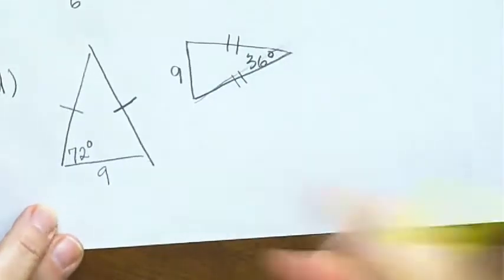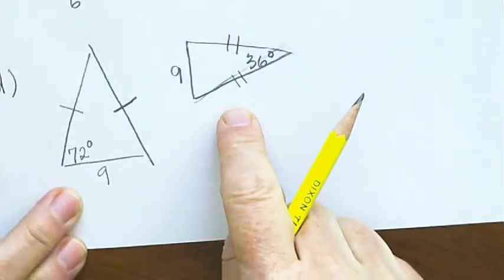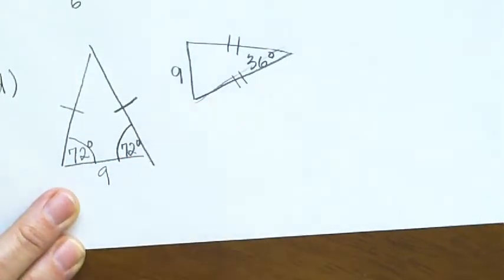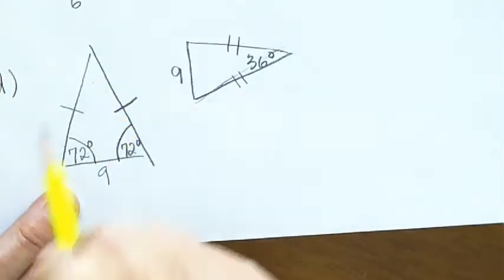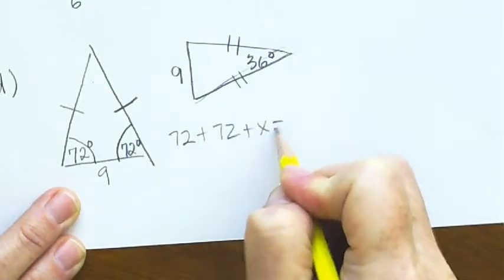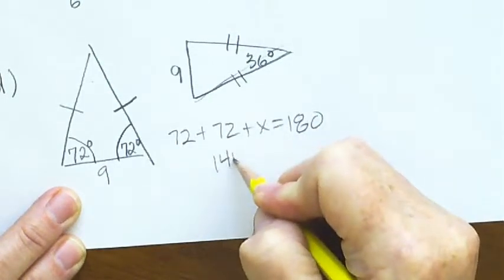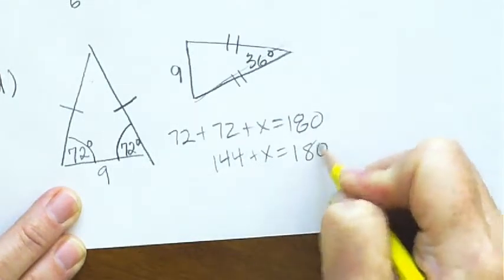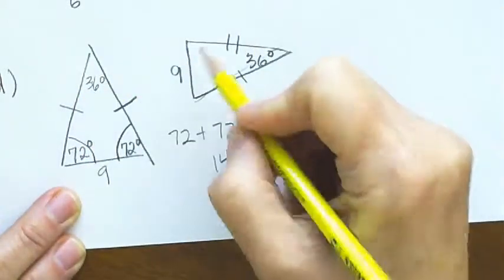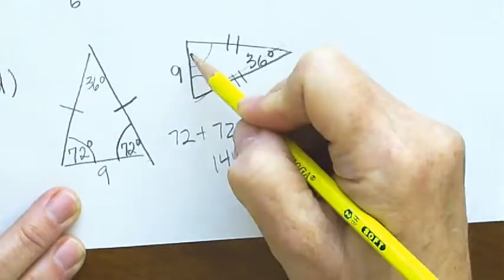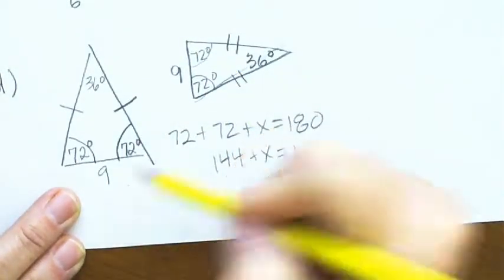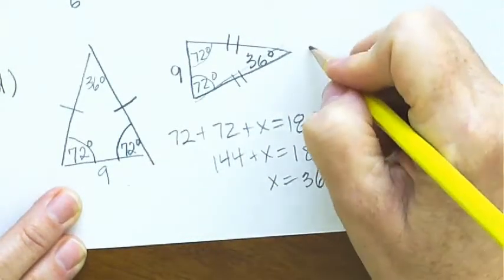Okay, and then part D, we have two isosceles triangles. And remember, in an isosceles triangle, your base angles are equal. So this would be 72 degrees here. And I could figure out this angle right here by doing 72 plus 72 plus x equals 180. That's going to give me 144 plus x equals 180. So x equals 36. So this angle is 36. If I were to find the missing angles here, they would be 72 and 72. So the angles are the same. So then these two triangles are similar